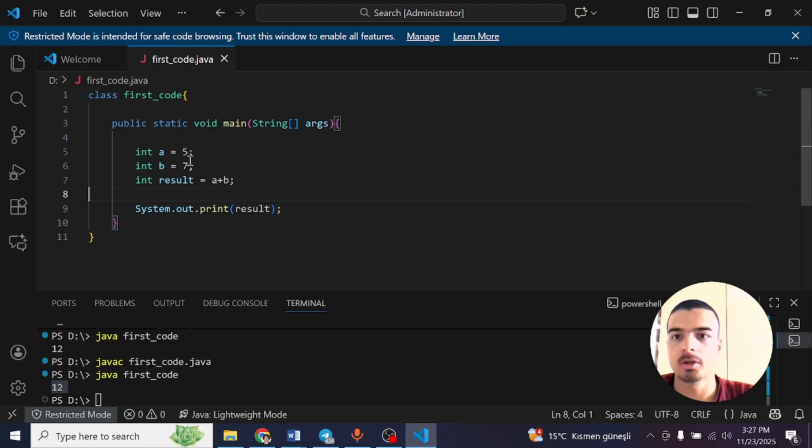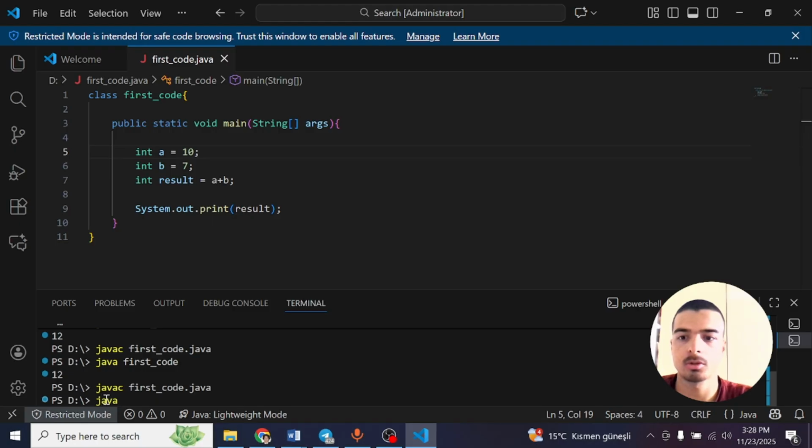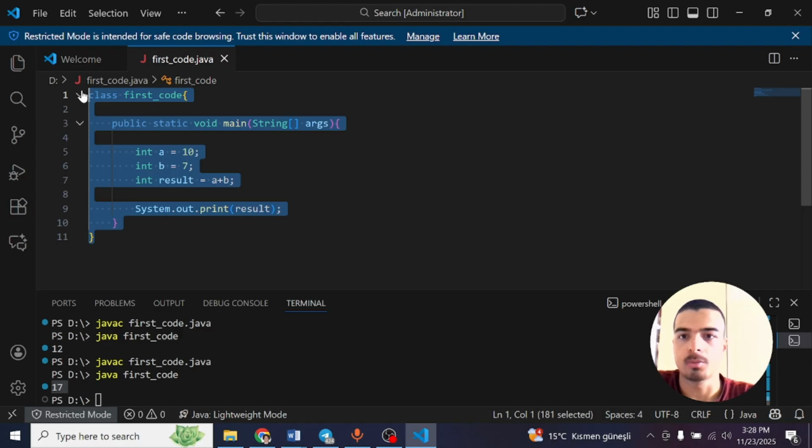Now when I change the price of a number, for example I'm giving 10, in this place, javac first code.java. Now we are running java first code. You see here 17. Okay, now we wrote the basic code. Now you know how to write a sentence in Java code, how to add two numbers,